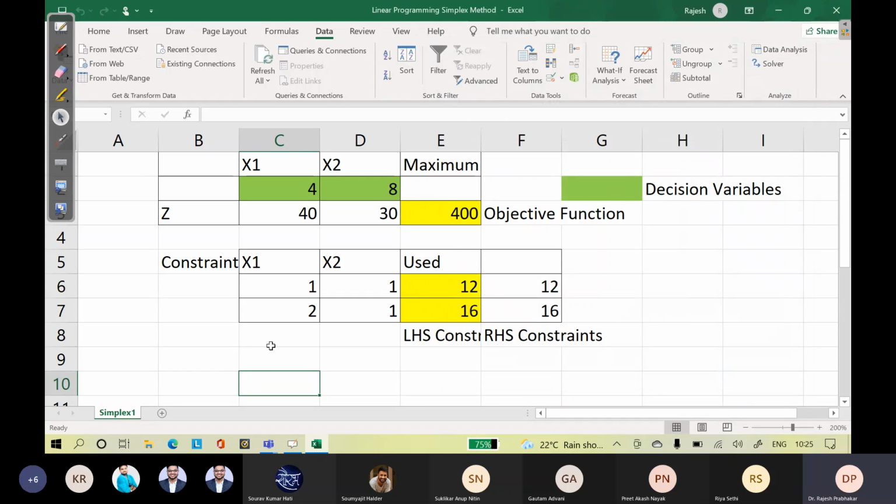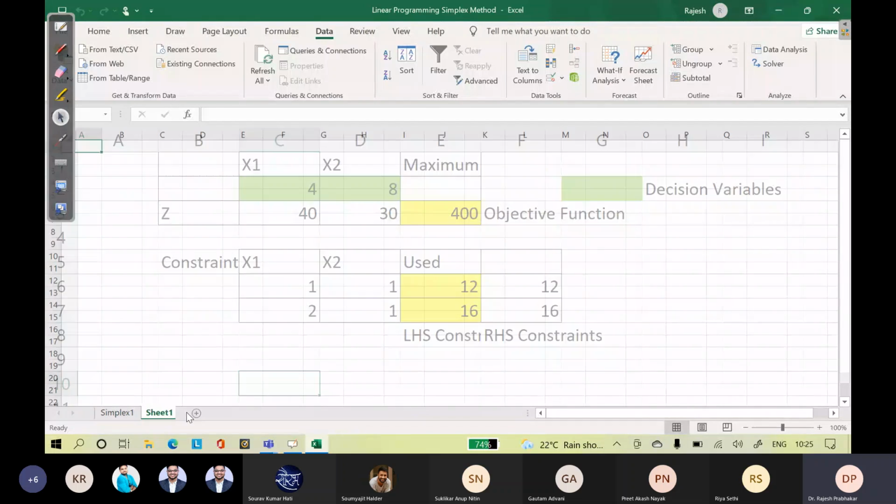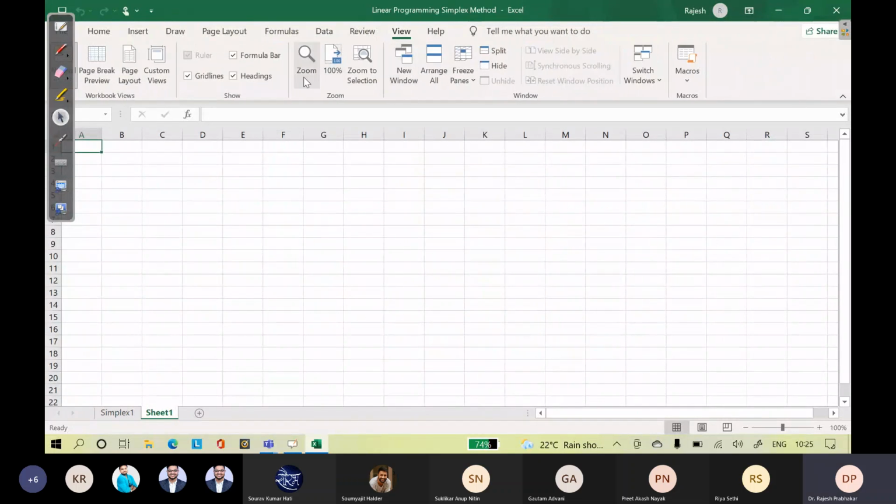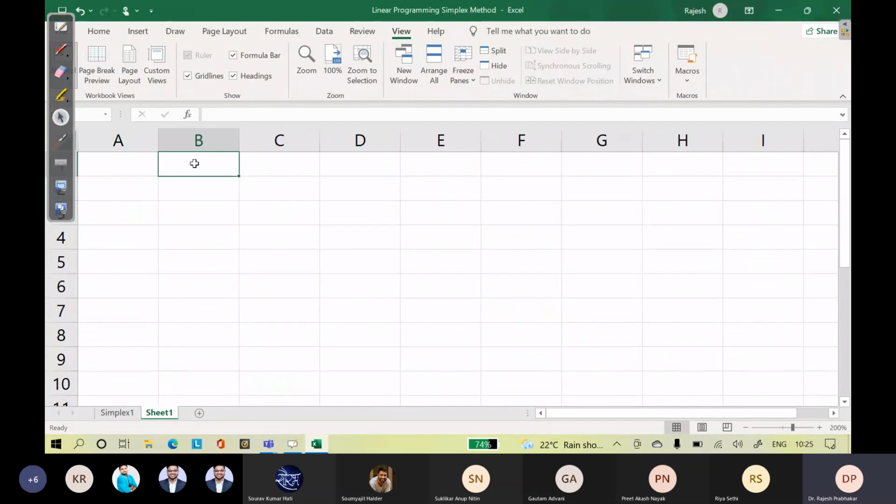Now, this is the one which I wanted to prove: whatever we have done in Excel, it is the same. Now, let us do one more example. So, we have to maximize. The function is this. Let me write the problem also. Maximize 350 x1 plus 300 x2. Sir, can we have a minimize function? We will do, we will do. That is a different process. Dual simplex is a different model. We will do it in the next session. Okay, sir.